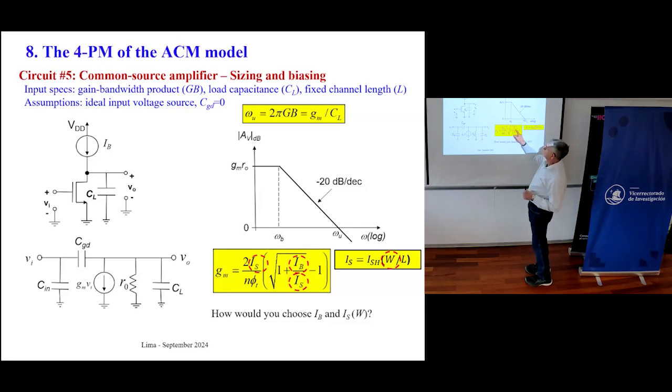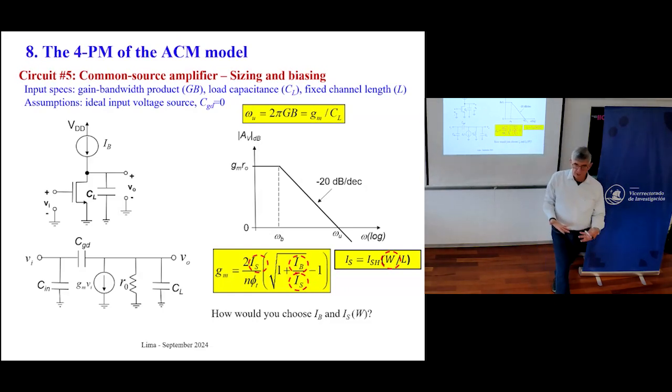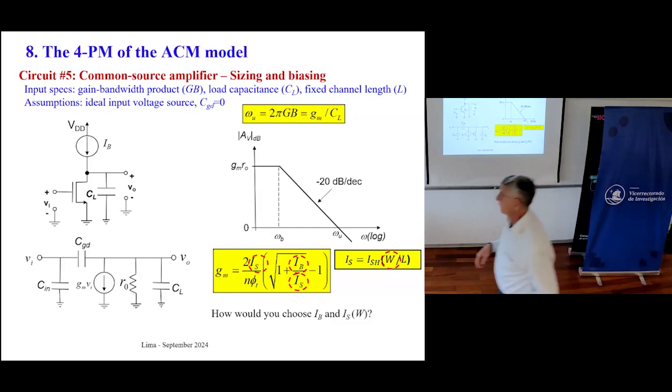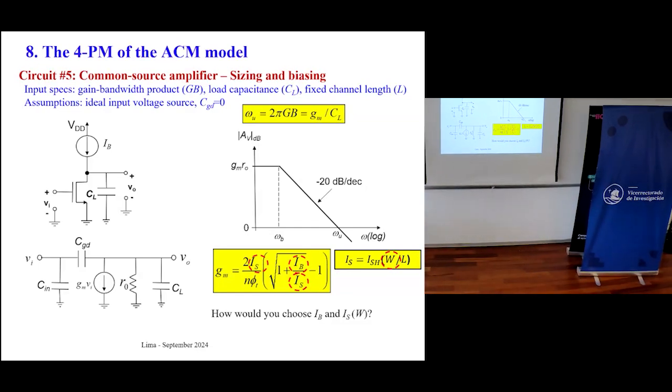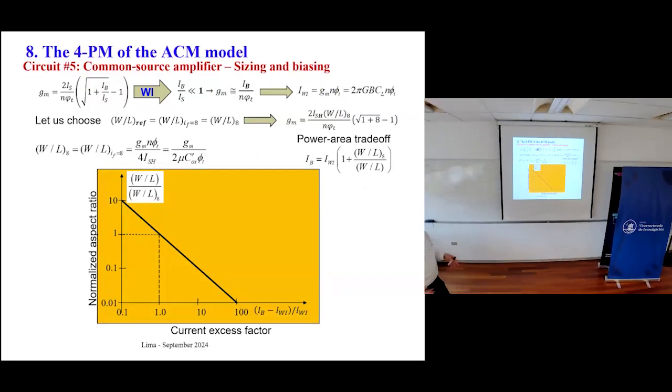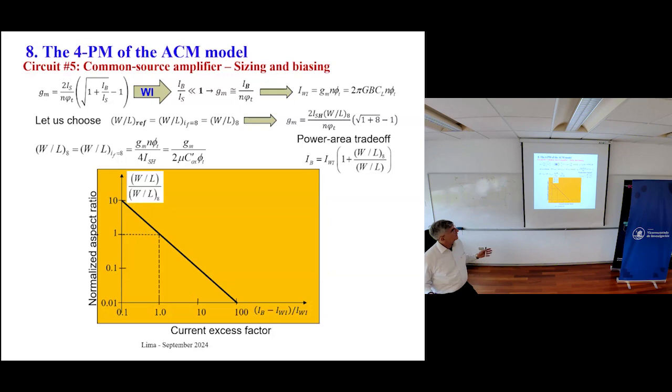Once I have fixed one, the other is automatically calculated to give a constant GM. The GM should be constant. So, let's move on. Then I made some calculations using a given model, the ACM model, and I found out that